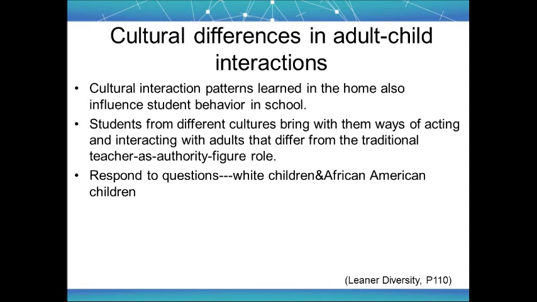The third challenge is cultural differences in adult-child interactions. Cultural interaction patterns learned in the home also influence student behavior in school. Students from different cultures bring with them ways of acting and interacting with adults that differ from the traditional teacher as authority figure role. For example, Barbara Rogoff found that white children tend to respond comfortably to questions requiring specific